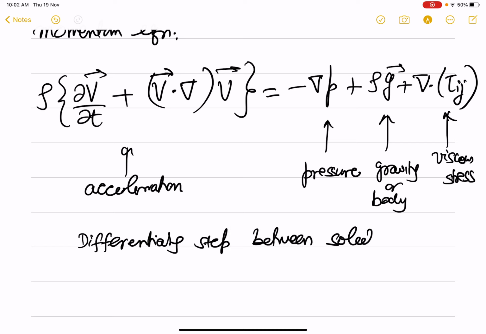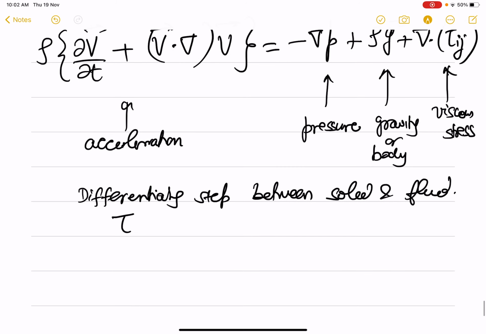And what is this differentiating step? That is to express tau ij, the viscous stresses, as a function of V. Now in solid mechanics,